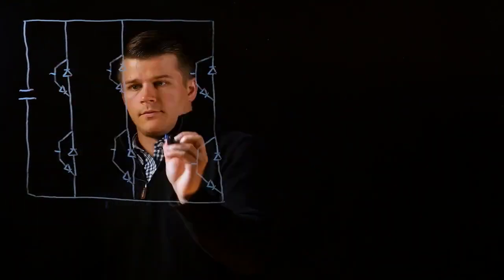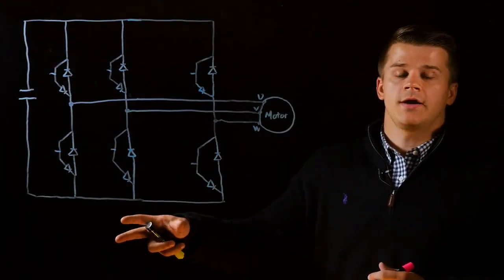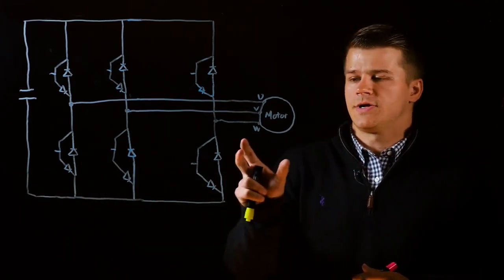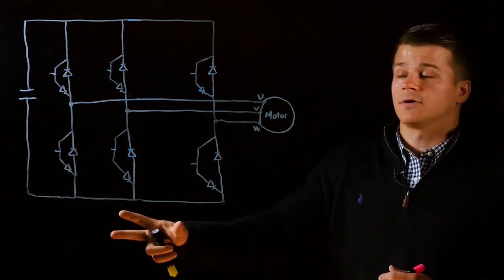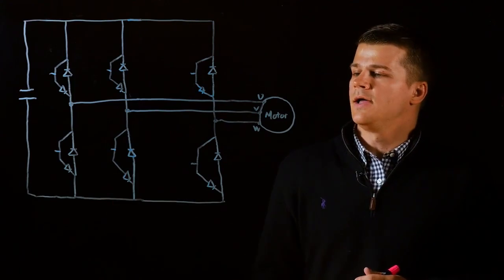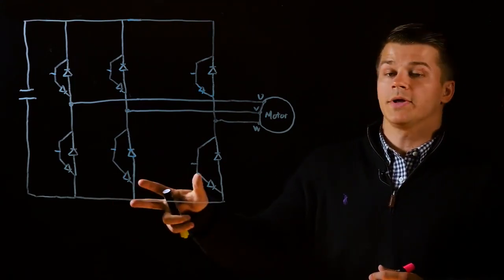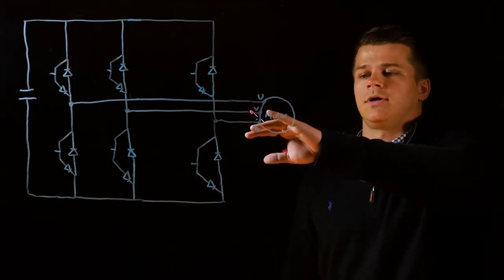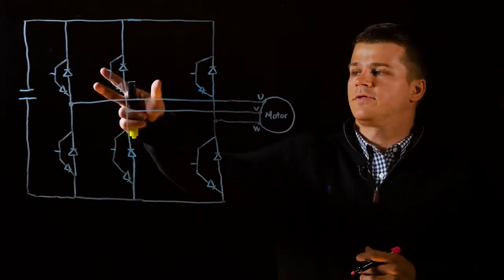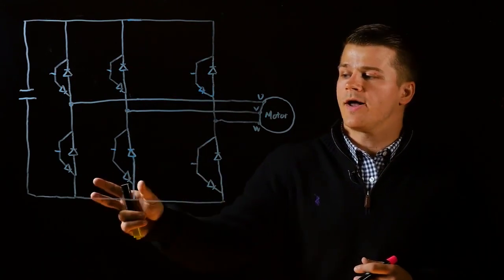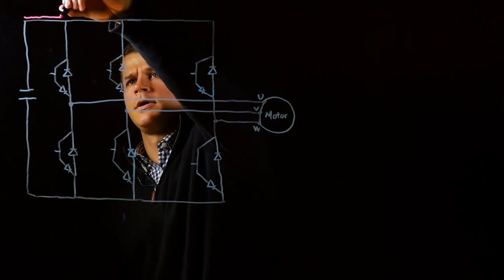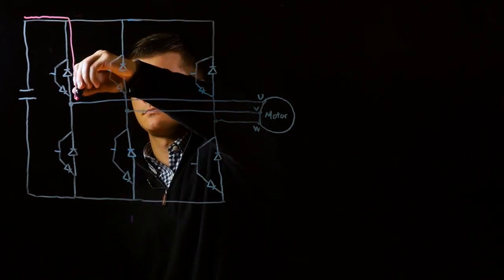So pulse width modulation uses IGBTs that are switching on and off up to 16,000 times per second to convert your DC bus voltage to an AC output at the motor. So a typical configuration is shown here with 6 IGBTs, 3 on the top and 3 on the bottom. Depending on which are open affects which phases you go through and in what direction. So in order for current to flow, one of these transistors from the top and one from the bottom need to be open. So for example, if we start over here and run through this transistor,